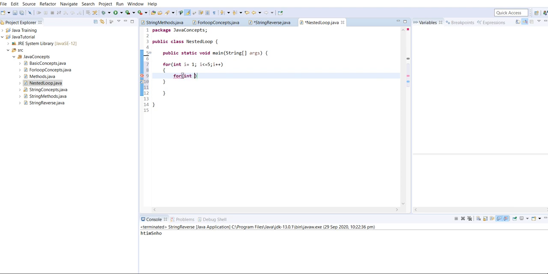So here I will write int j equals to 1 to 5. I'll print star, and